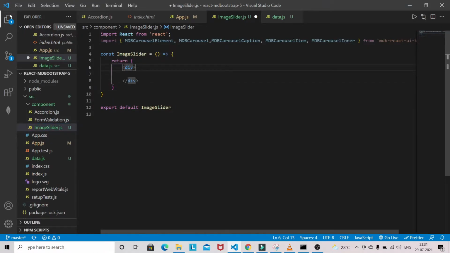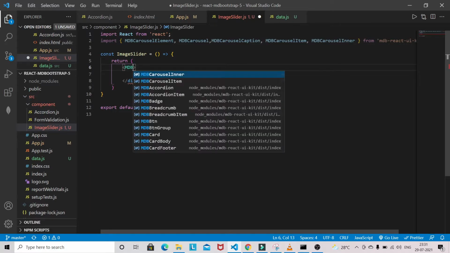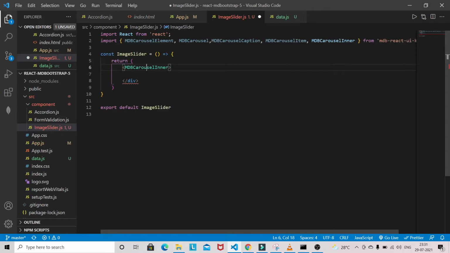So instead of div, I can have here MDBCarousel.